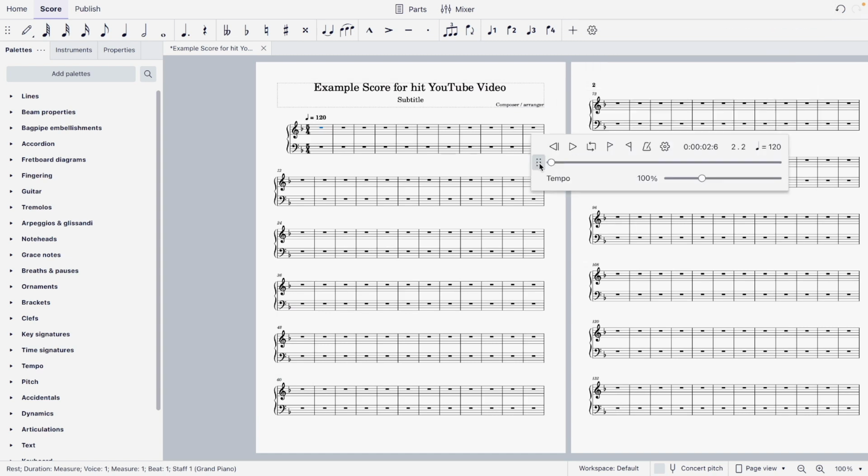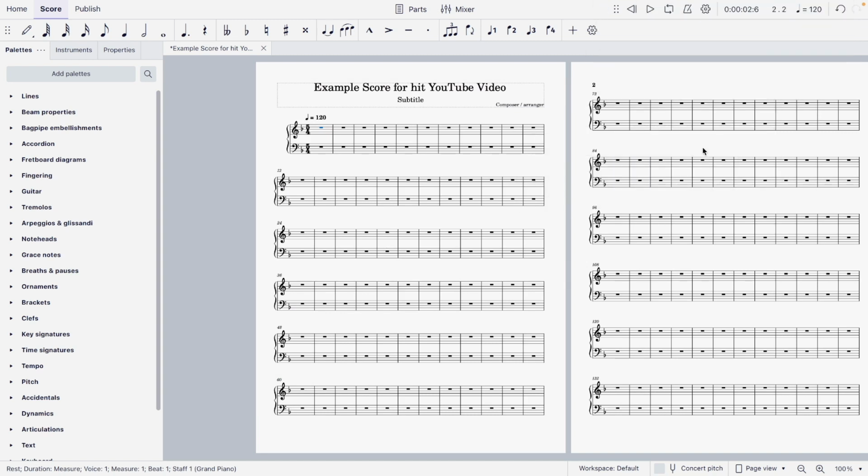This will just move it out of here so you can have it in a separate dock if you'd like. This will loop it, this will turn on the metronome. Those are all sorts of settings that you can mess with, and this is how long your score is, right? This is counting beats, so here, we have it in 5/4. Let's turn on the metronome. If you watch it there,